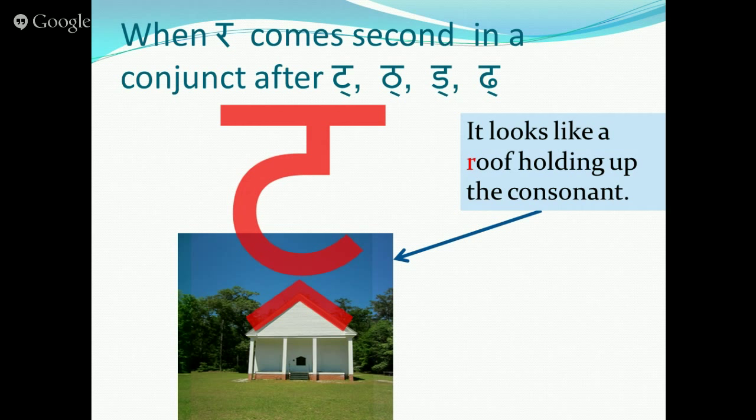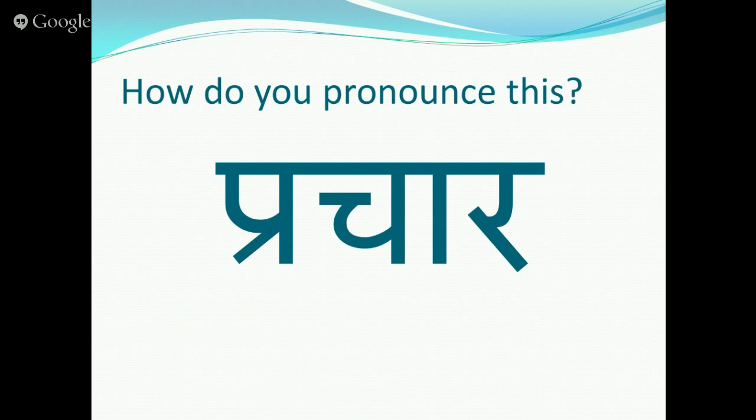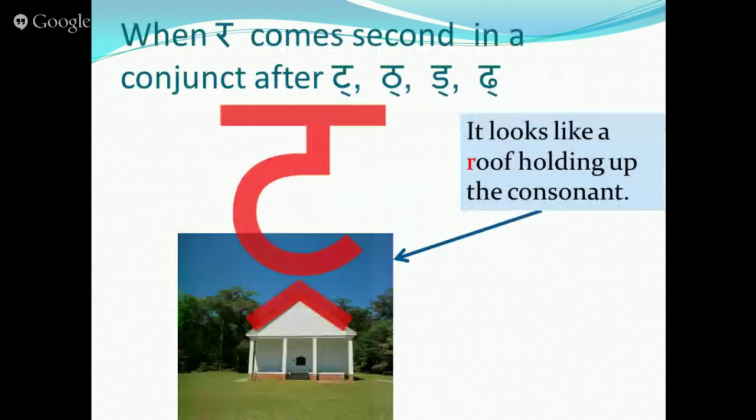Now, the ra occasionally takes another special form, and that form is that of a roof holding up the consonant. So the consonant is standing on top of the roof. And once again, as in the root form, the ra is pronounced second. So this only happens when the ra comes second